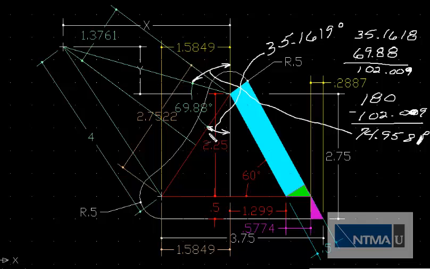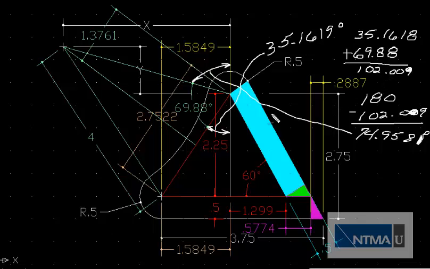We knew that we had the 2.25 here, and we know that we have the 1.5849 here. So solve for this angle, and you're going to come up with 35.1619. All right. So 69.880 from here to here. That's right here. Got that one right here. Okay. And the 35.1619 equals